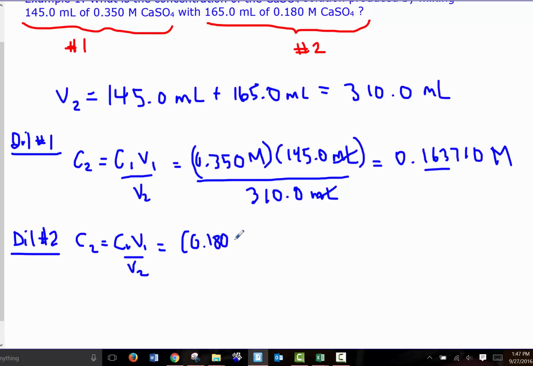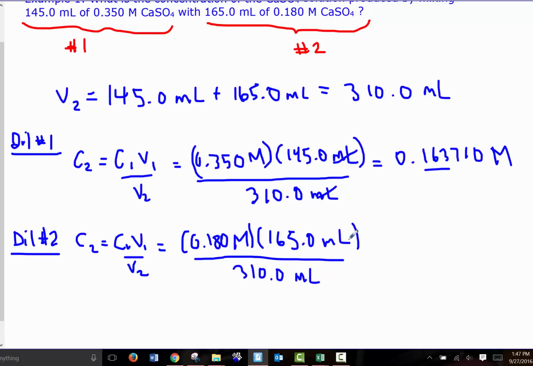And my initial volume for my second solution is 165 milliliters, keeping my units and all my digits in my calculation. And my final volume was 310 mils. Okay, my units of milliliters cancel. My answer is going to be in moles per liter, and my answer here comes out to be